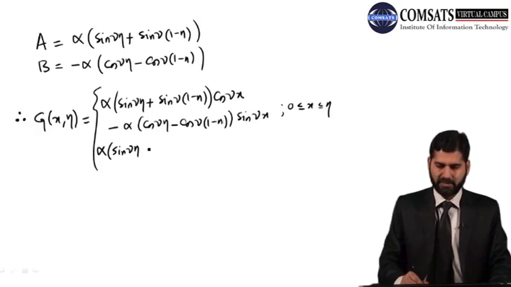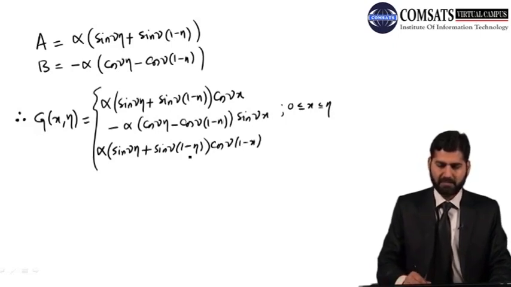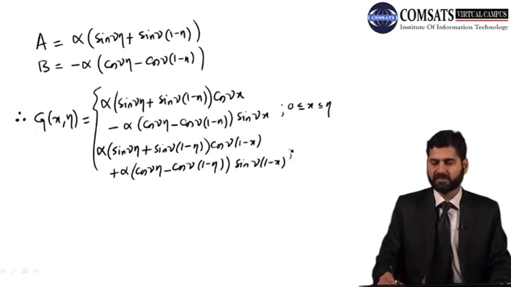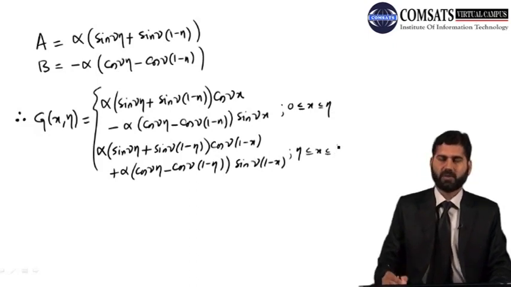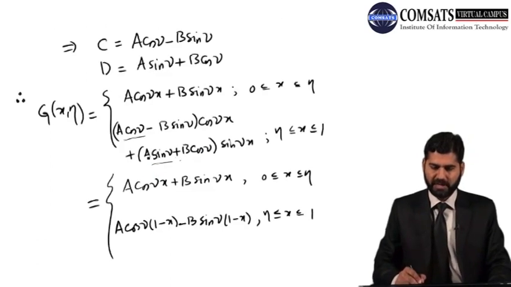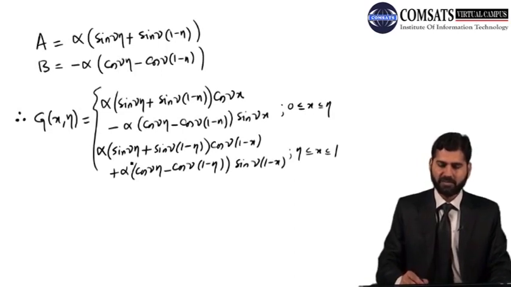So again A is sine nu eta plus sine nu (1 minus eta) times cosine nu (1 minus x), and minus B will make it plus, cosine nu eta minus cosine nu (1 minus eta) and sine nu (1 minus x). Alright, so this is the case for x between eta and 1. Because this is minus, you see already here you have a minus B, so minus B will make it plus alpha. So now if you simplify